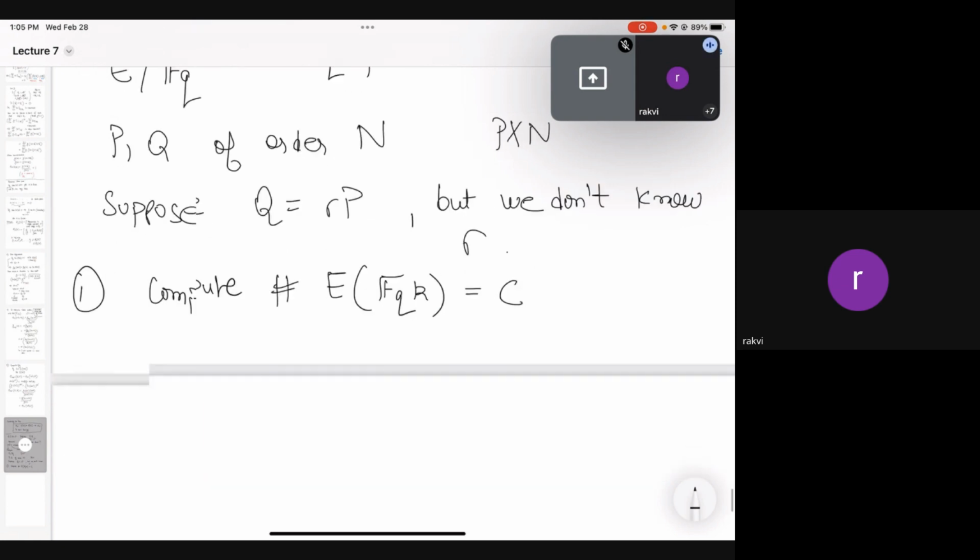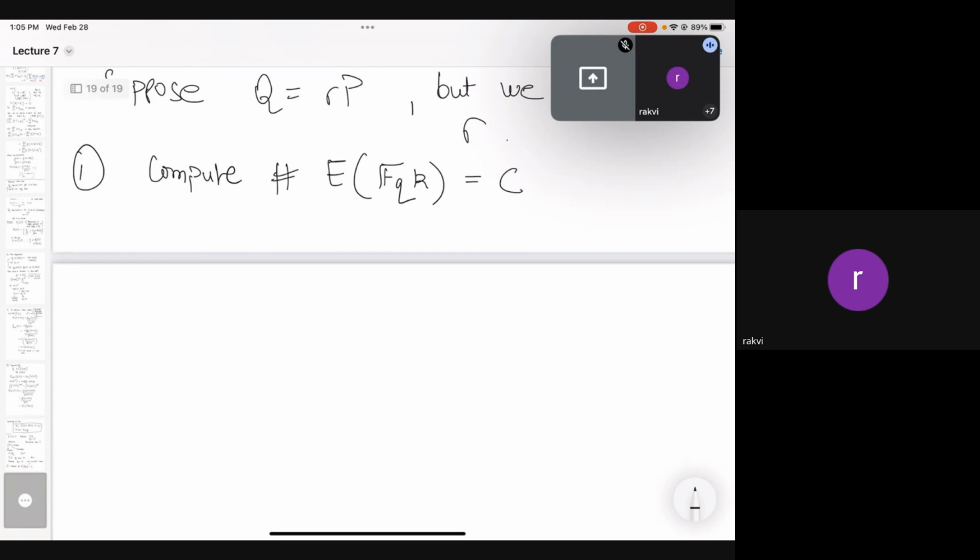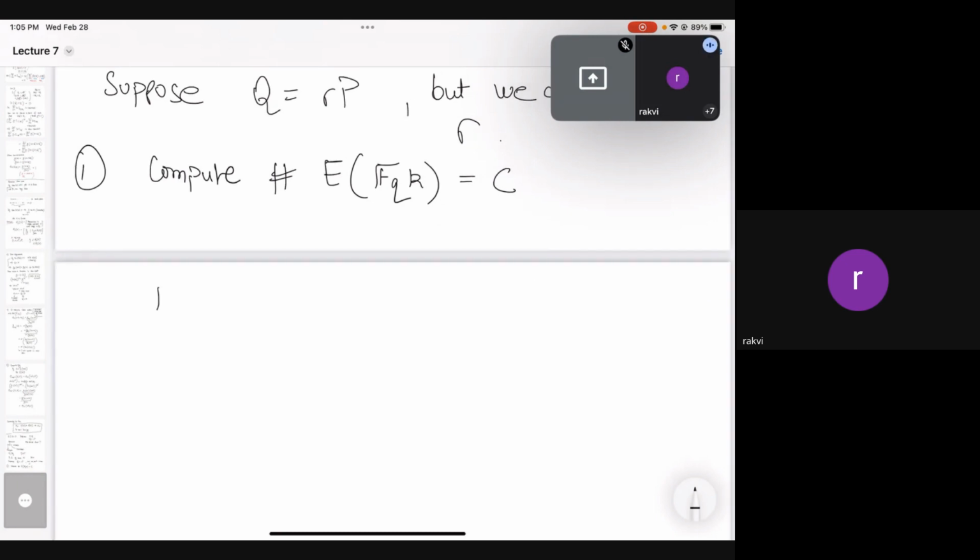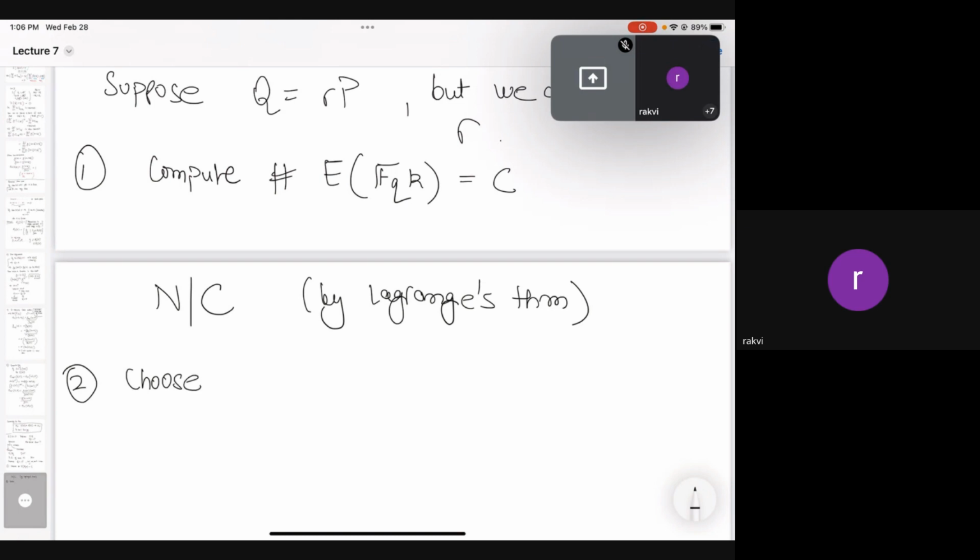Okay, so now it contains all the n torsion points, and the n torsion points form a subgroup, right? So n must divide C, because C is the size of the entire group. This is simply by Lagrange's theorem, which says that the order of a subgroup divides the order of the group. That's what I'm using. And the second step is to choose a point T in this extended field